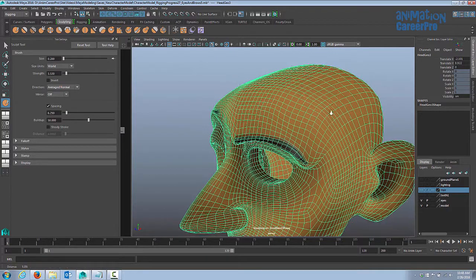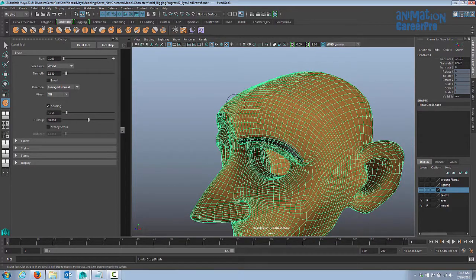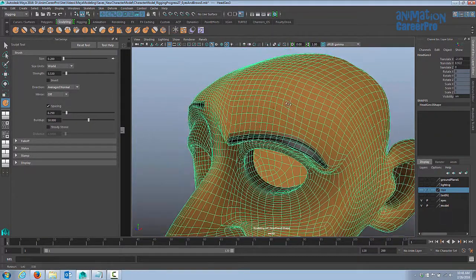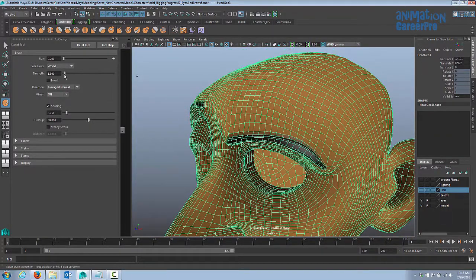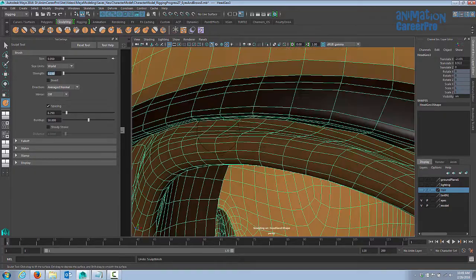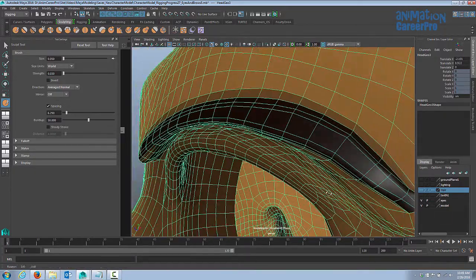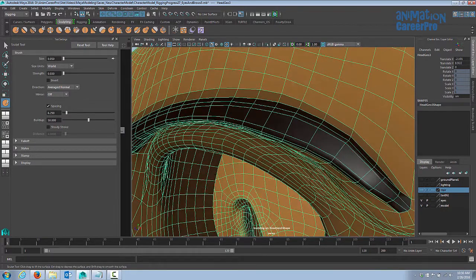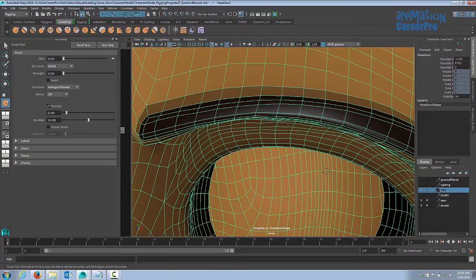This is going to pull the mesh up. You can see that's pulling it up way too much. So I'm just going to Control Z to undo that, and I'll bring the strength way down. Let's try it again. Now it's just pulling it up a small amount. Again, that's way too strong for what I need. So I'm going to bring the strength down to 0.1. I'm just clicking and popping up little areas, and then I'm going to go through and smooth that.